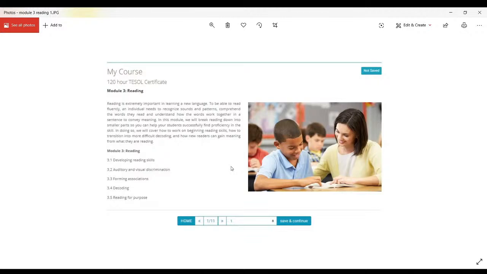Reading is extremely important in learning a new language. To be able to read fluently, an individual needs to recognize sounds and patterns, comprehend what they are reading, and understand how the words